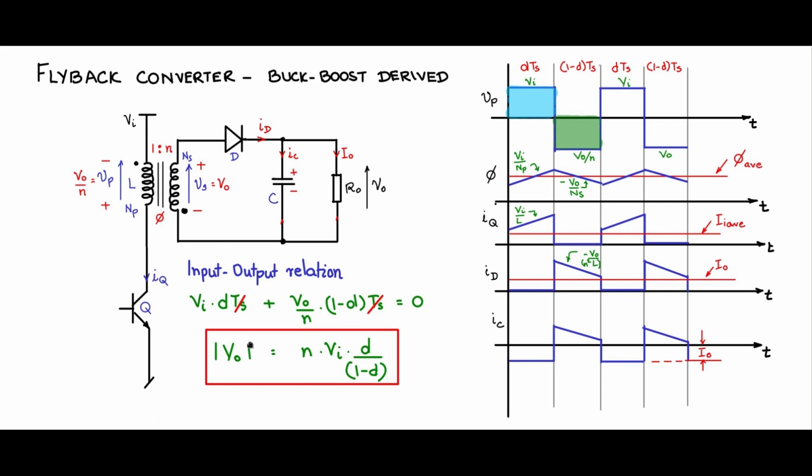Note that the output voltage has N as one degree of freedom and D as the other. D is a variable, it can continuously vary on the fly during operation, so you can use that as a control input. N is a variable which you can change only once at design time, so this can be a designer variable. By design choice you can fix the value of N. So you have more flexibility in choosing the output.